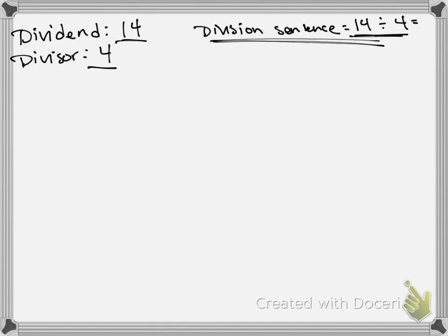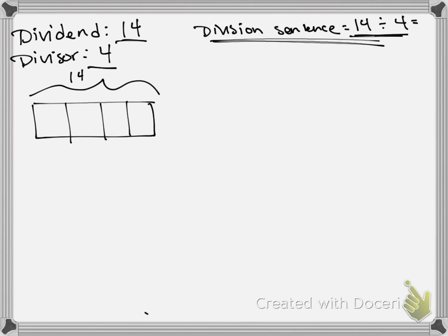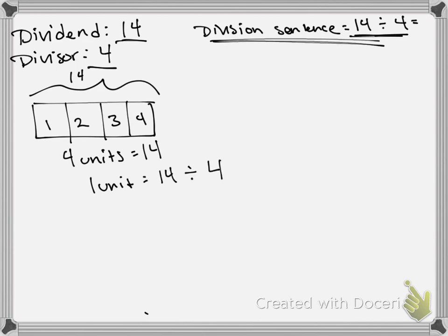The first question says, how much paint did each class have to paint the mural? The first one we can do with a tape diagram. We're trying to figure out A right now. We're going to split it up into 4 parts because we're dividing it up 4 times. So 4 units, because we have 1, 2, 3, 4, and that makes the whole. 4 units equals 14. 1 unit equals 14 divided by 4, which is represented by the fact that there are 4 parts, and they equal 14. So 14 divided by 4 equals 14 fourths. Remember, we want to simplify this and make it a proper fraction. So we should end up with 3 2/4, or